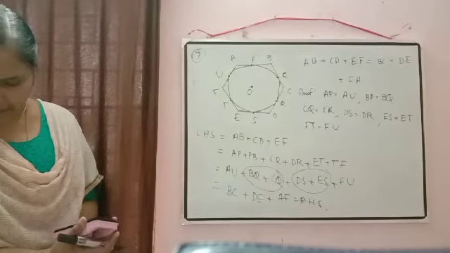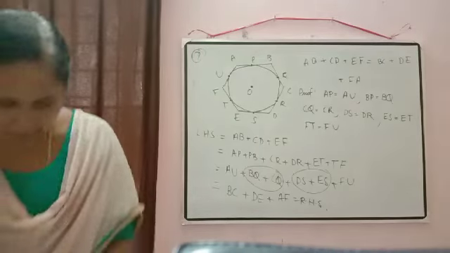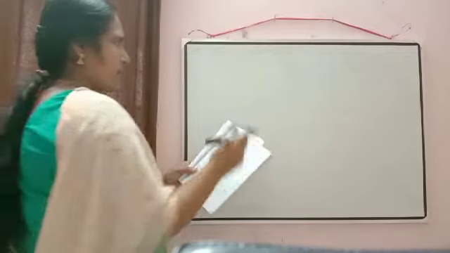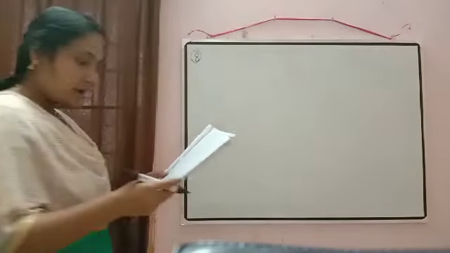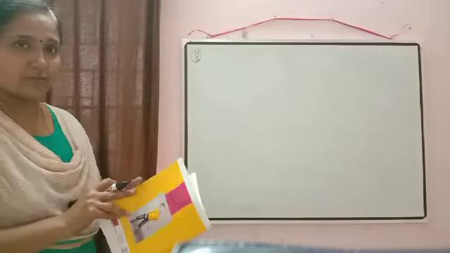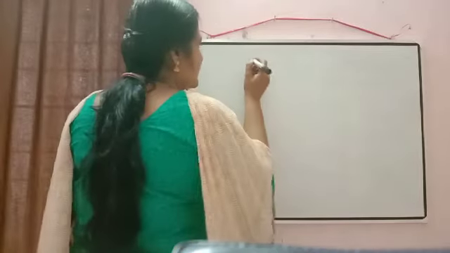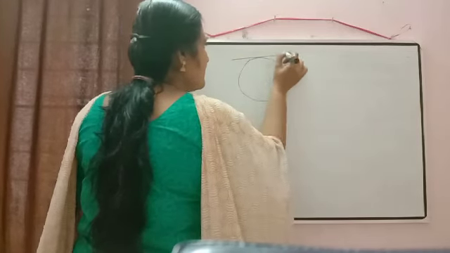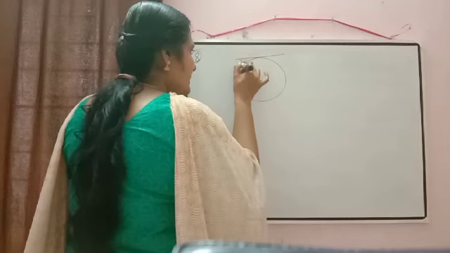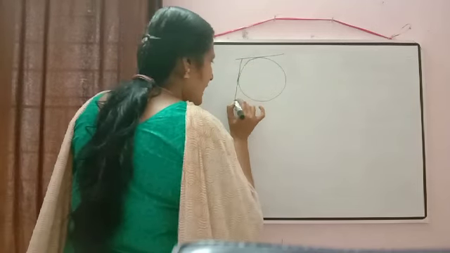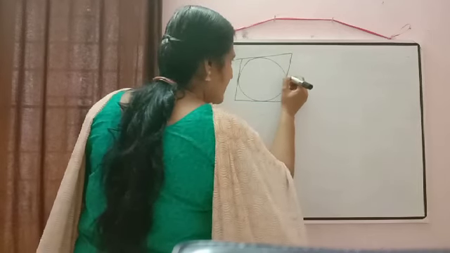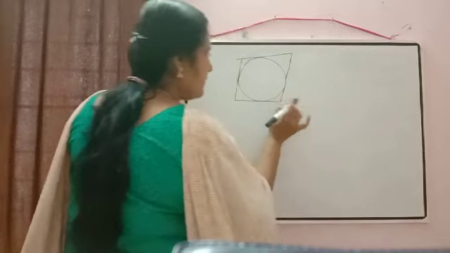Okay. Now we'll do the next question. Next question, it is written. Prove that the parallelogram circumscribing a circle is a rhombus. Parallelogram circumscribing a circle. So parallelogram is outside the circle there. So we can draw the parallelogram in such a way that each side should be a tangent to the circle. Okay. So just to draw the diagram accordingly here. So in this way our diagram we got here.